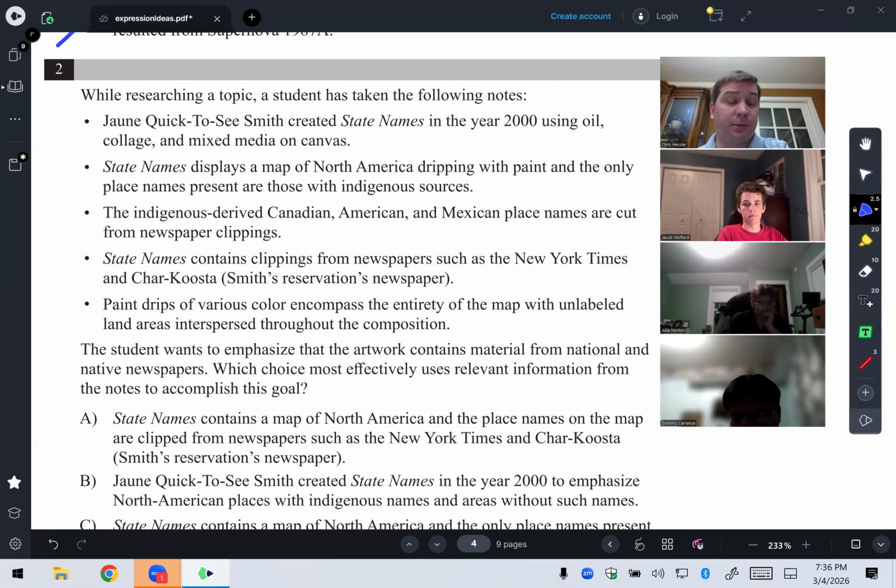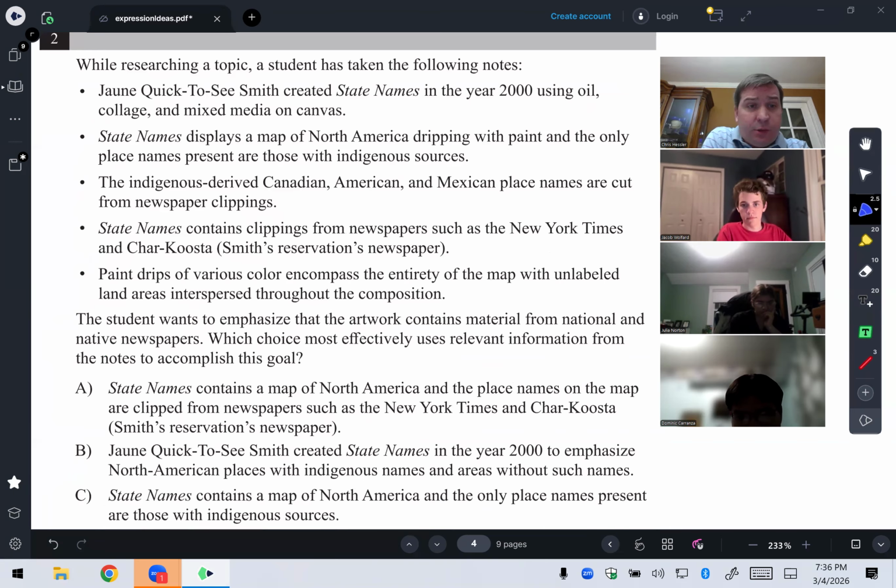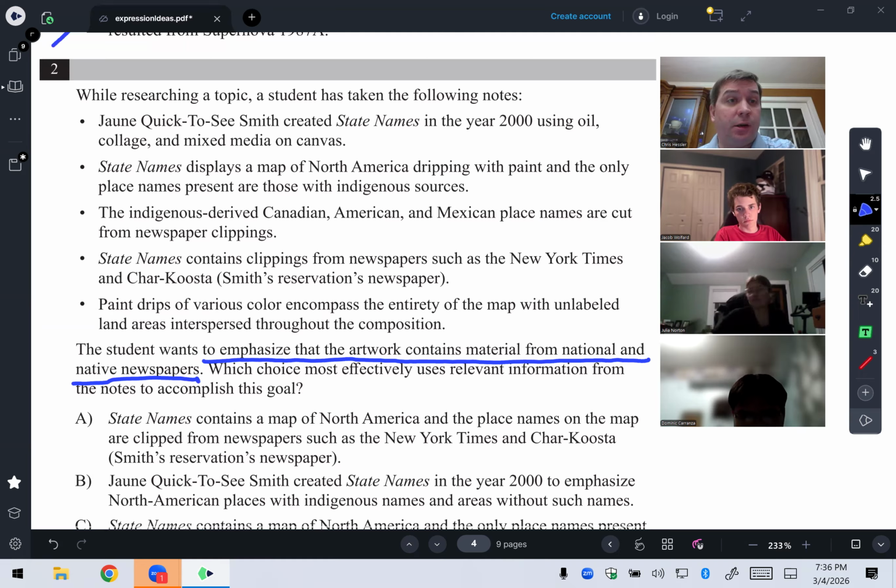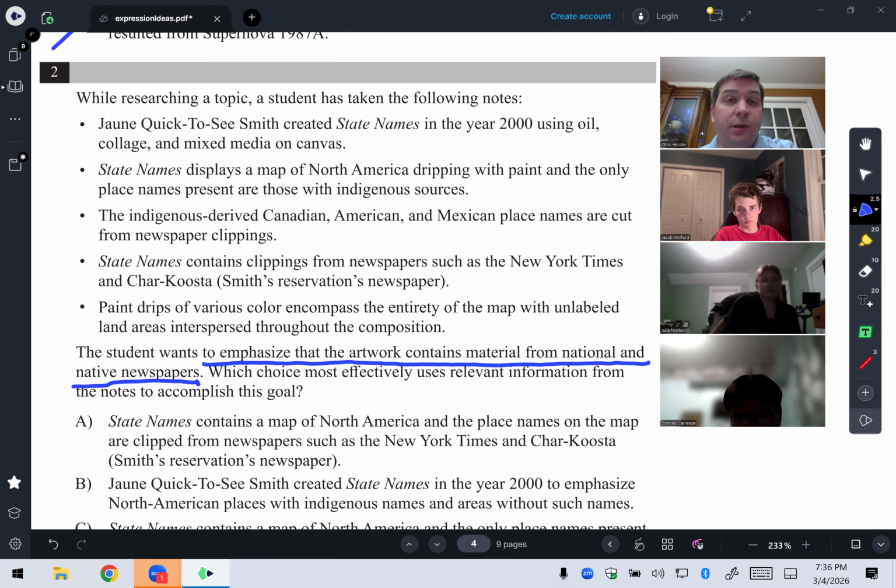Read the prompt first. The student wants to emphasize that the artwork contains material from national and native newspapers. All right, so I'm looking for a bullet point or bullet points plural that mention national and native newspapers. All right, Jean Quick to See Smith created State Names in the year 2000 using oil, collage, and mixed media on canvas. State Names displays a map of North America dripping with paint and the only place names present are